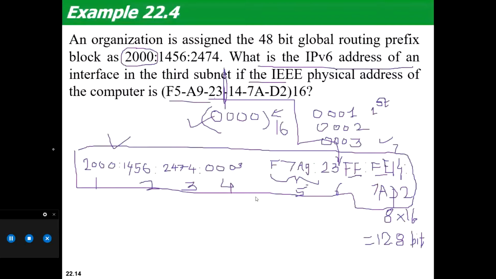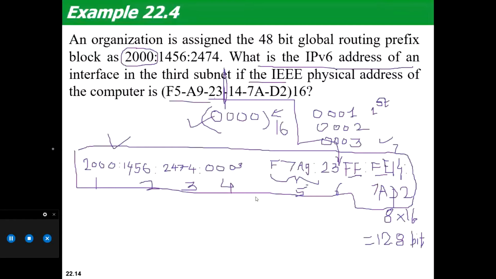Clear. Okay, so this exercise is very important, that how can you create an IPv6 address from the given Ethernet address or given physical address, not exactly our network interface card address. Okay, so this was one of the interesting examples, and that is how we can make this a 128 bit address.